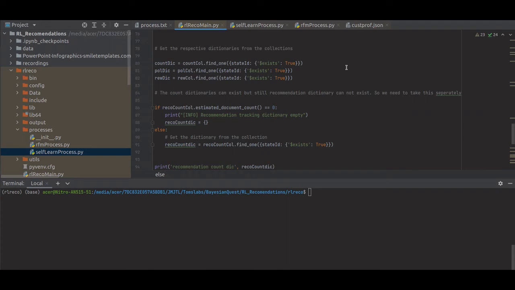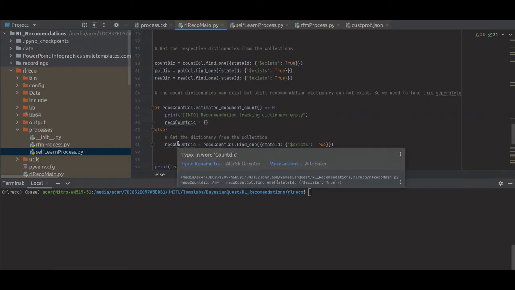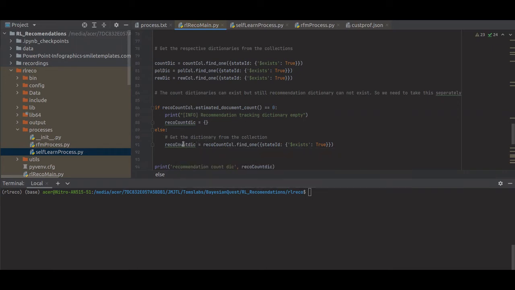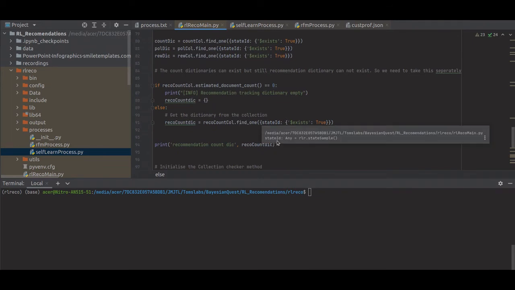So we look at the same process again, whether the recommendation count collection exists in MongoDB. If it is 0, that means the collection does not exist, the recommendation tracking dictionary is empty, and so we initialize it as a recommendation count dictionary. If it is not 0, then we get it from MongoDB. That is what we do in the next step.